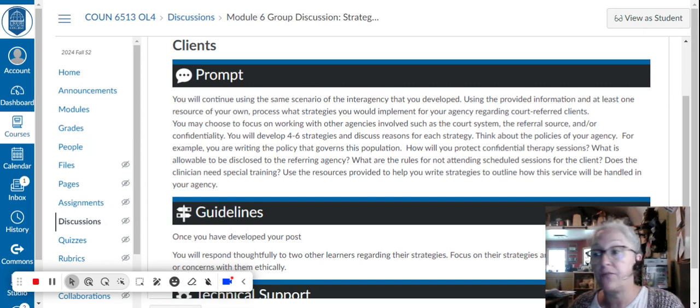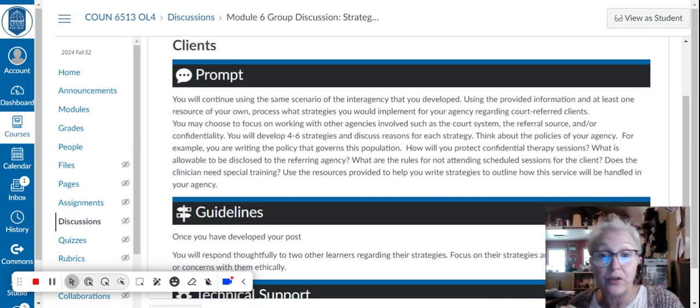What about if they test? What about if they confide in you that they are using and they're in there for substance abuse, or they're in there because their kids were removed? Like, how do you want your agency to handle court ordered mandated clients, and what are the rules and regulations